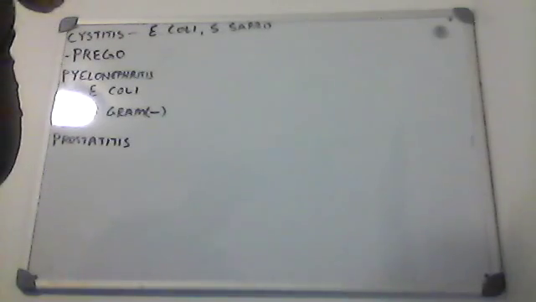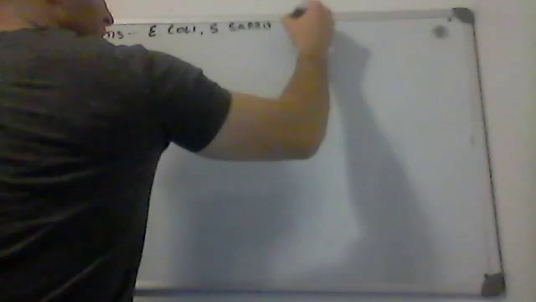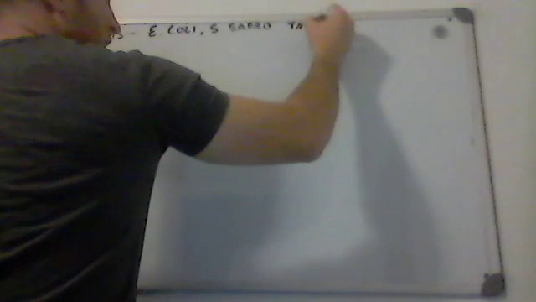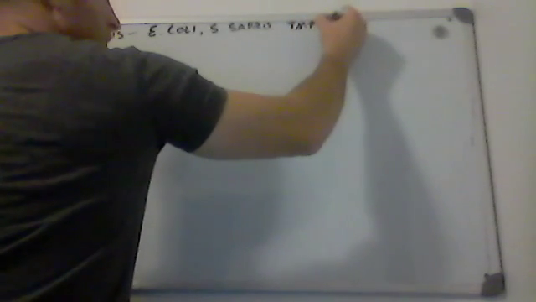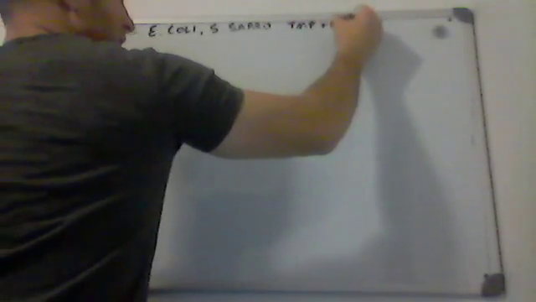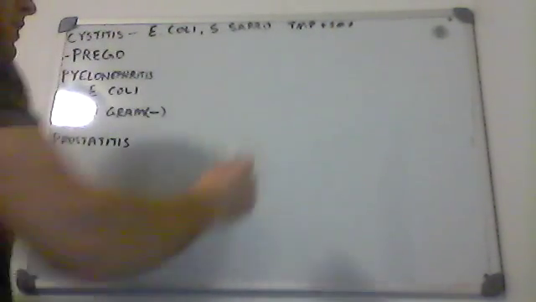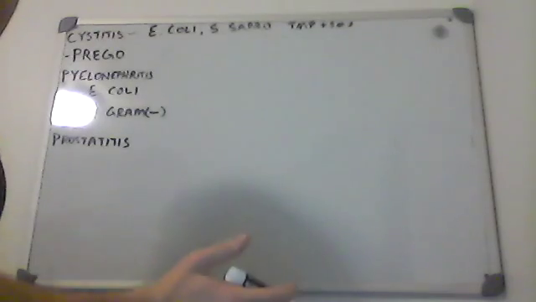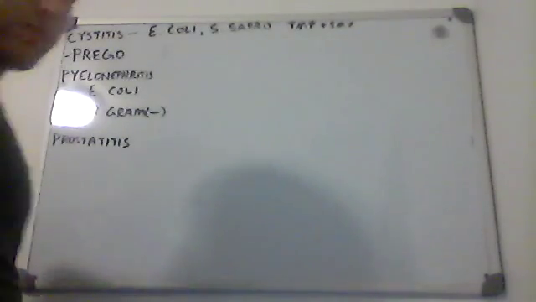But what treatment are you going to use? Well, there are four possibilities here. I'll list them. There is a combination of trimethoprim and sulfamethoxazole, which, since those are really huge names, they usually just put TMP plus SMX. And if you don't want to use that one, you can use, I realize this is going to take up